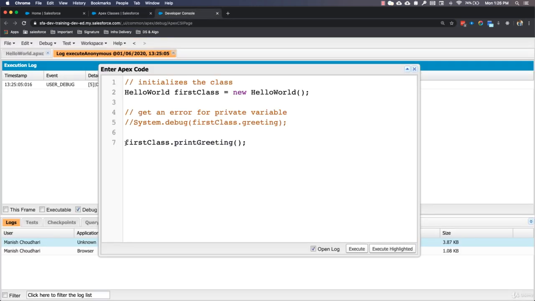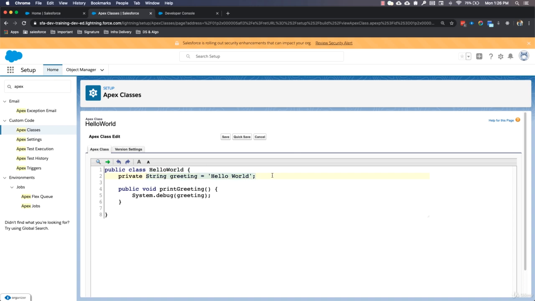And that's what we are doing here. Now let's go back to our Apex class. And this time I'm going to make a few more changes. I'm going to have one more property here, and this time I'll make it a public property. Remember, we need to change the name of the variable because you cannot have duplicate variables with the same name. And let's call it public greeting